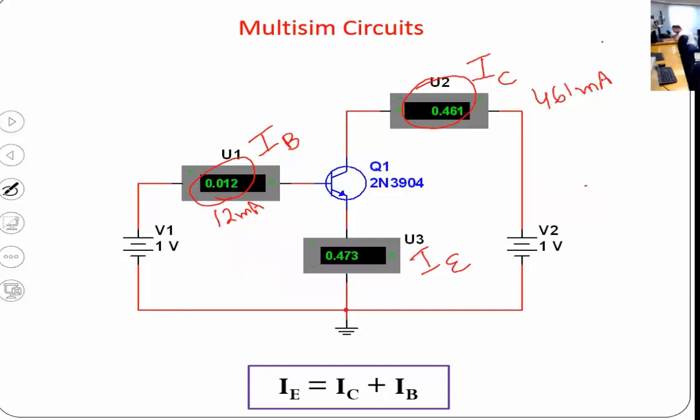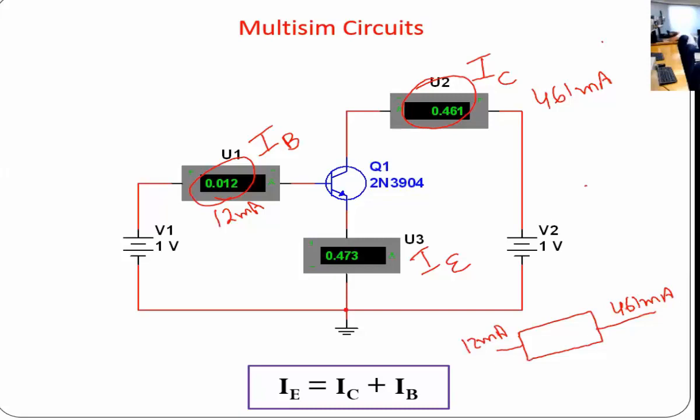You can subtract it and tell how much current you are gaining, correct? But if you are giving 12 milliamps to a circuit, and you're reading 461 milliamps,